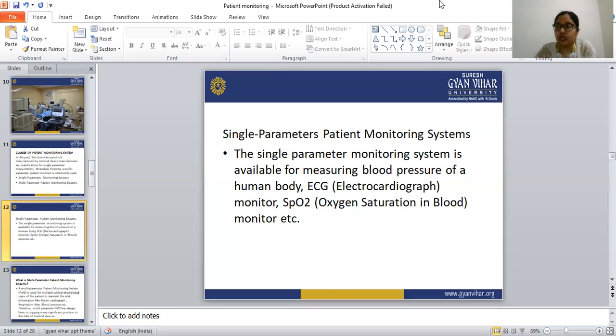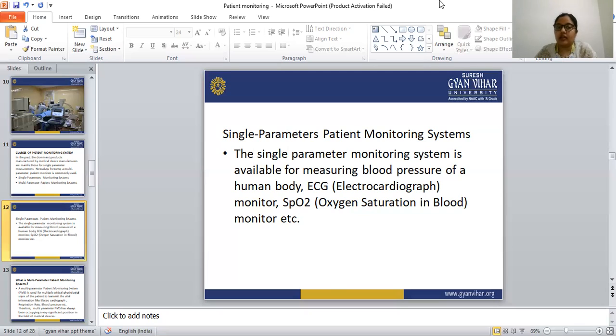That can only be identified with the computer. And with the computerized patient monitoring system, they can also detect drug interactions. They can give information about drug food interaction, drug disease interaction, and drug laboratory test interactions. So all of these are possible with the help of the computerized patient monitoring system.